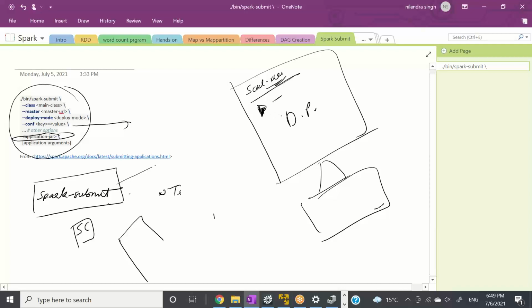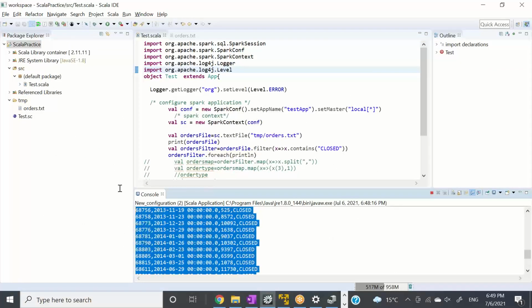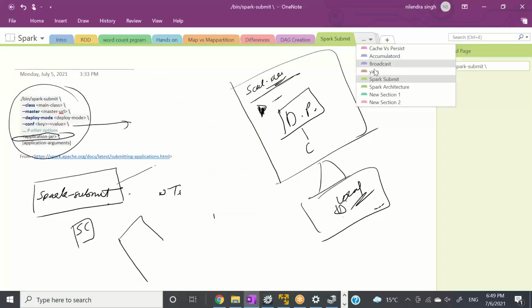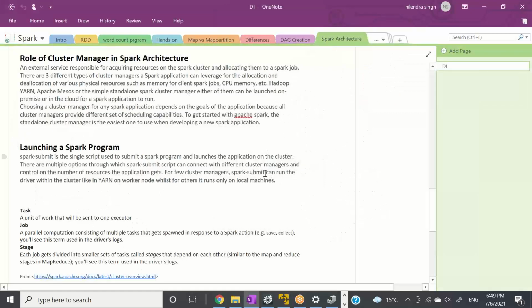This particular program will go to the driver program on the master node, and then it will talk to some resource manager, right? And it will create some container. In this particular case, when I'm running it on my local, everything is on my local, and that's why I can see the result on my local, because I can see the result on the driver program in most of the cases if we run it. And this is why I can see the result in the driver program. Okay, now let's jump one more step ahead. So till now we are good, right?